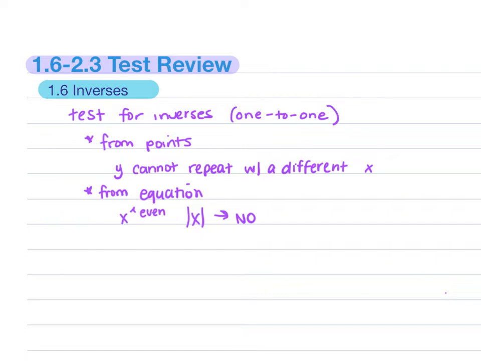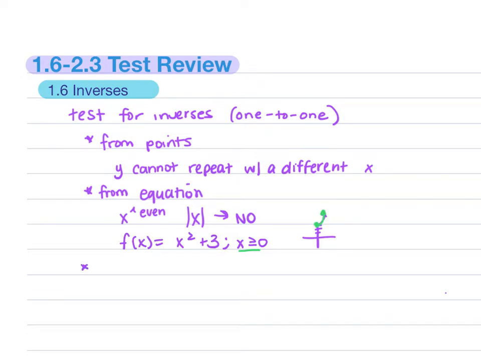So if you are going to take a function like f of x equals x squared, let's say plus 3, but I restrict it to x has to be greater than or equal to 0, that would be like a parabola that's shifted up 3 places, and normally it's like that, which would fail. But if I say it has to be greater than or equal to 0, that means only the right part of that graph is what I'm looking at, and that would pass your inverse test,